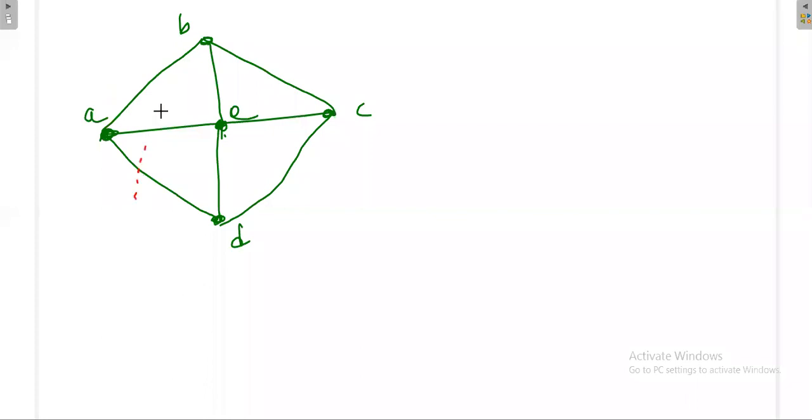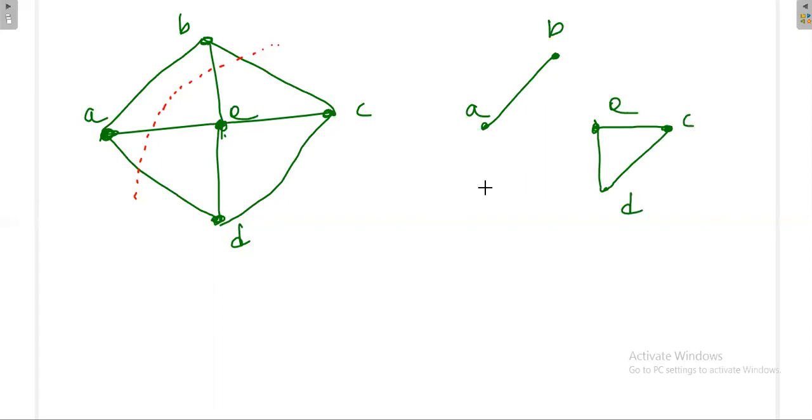I have to cut in this way. Once you make the cut like this, you will be getting AB, and the rest of the things will be there as it is: C, D, E. Now this is also a cut set. You just separated AB. But out of all these, we'll be taking only a few combinations. There are many ways to make the graph into 2 different parts.